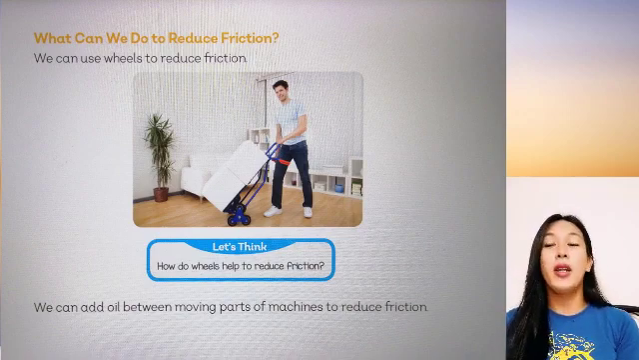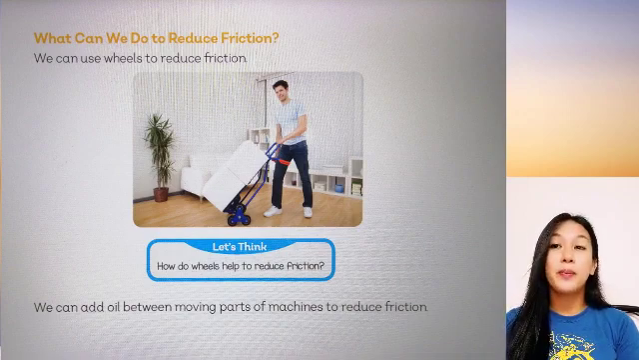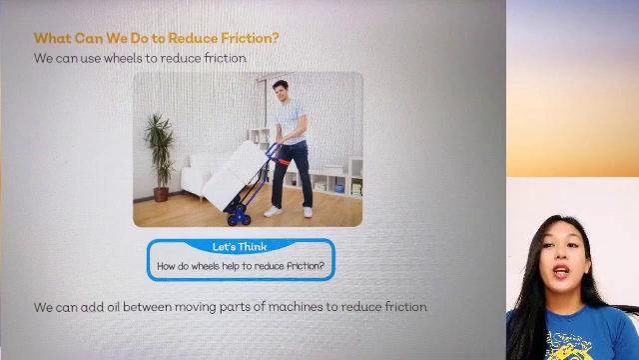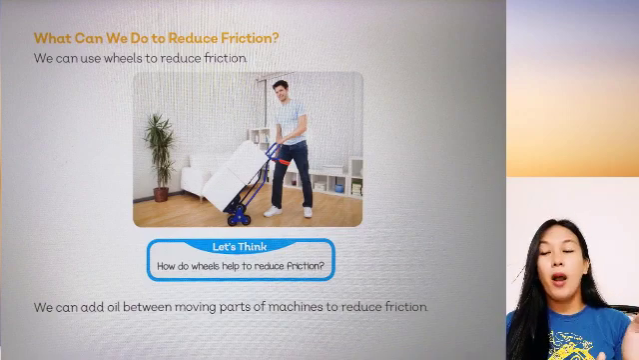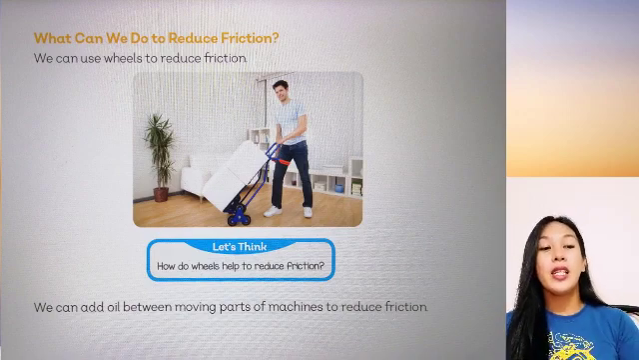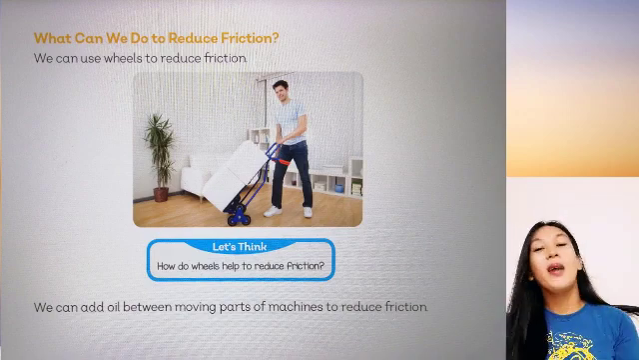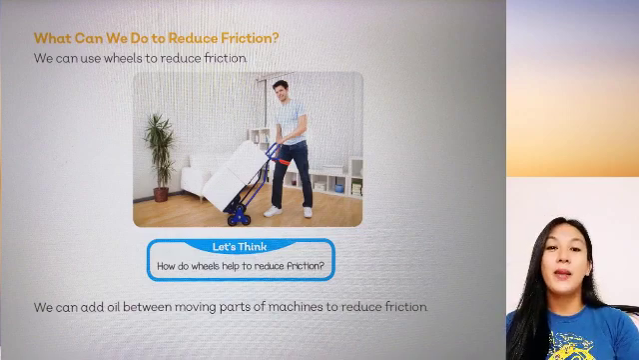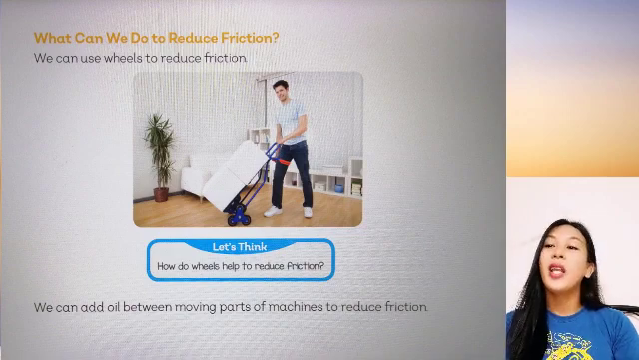Number one, we can reduce friction by putting wheels. When you put your box on a wheel or something, and you move it, it moves quite smoothly because of the wheels. The wheels help us to reduce the friction. Next,